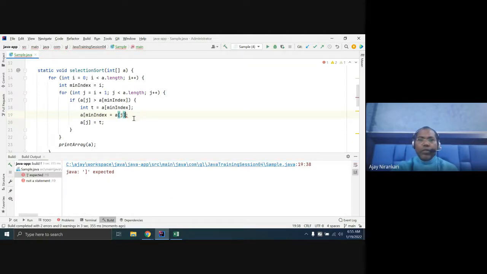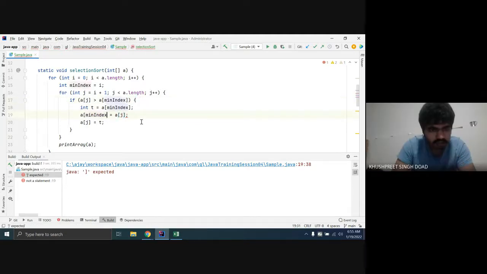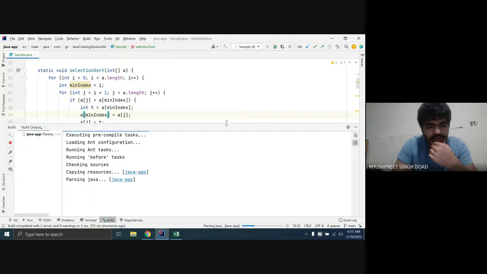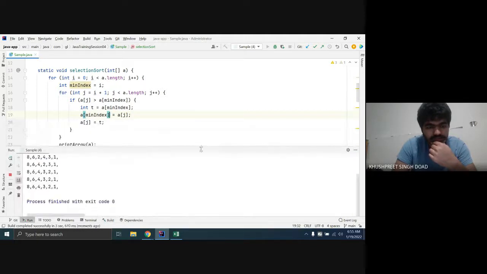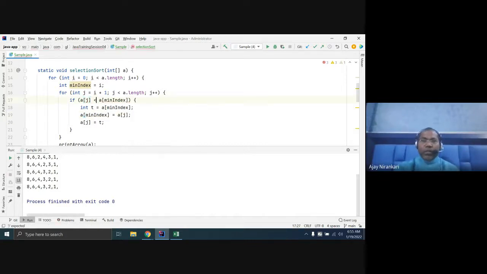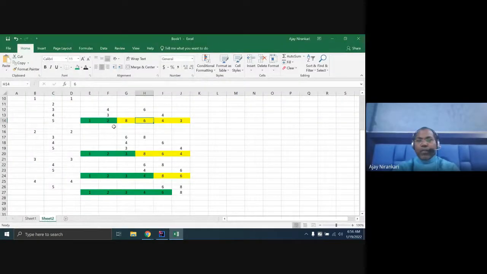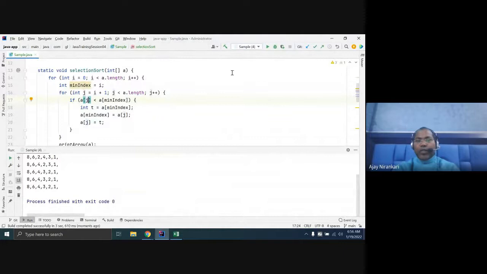Okay, what is missing? Oh, expected this. Oh, and line 90, yeah, nice. Sorry. Okay, this condition should be less than. Always check this as less than. If we are comparing with less than, then we have to swap, right? If this value is less than, then you swap. If you do it the other way, you get descending order.